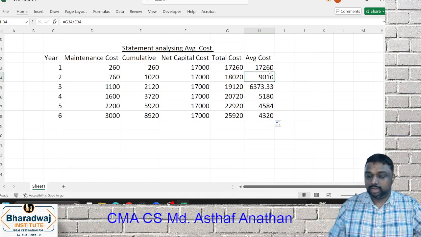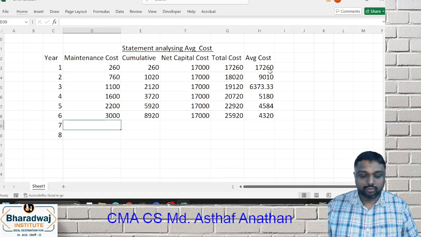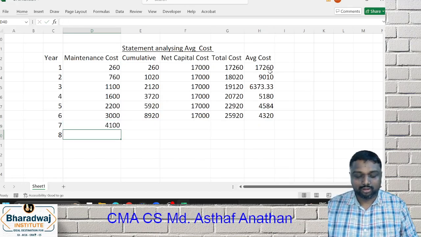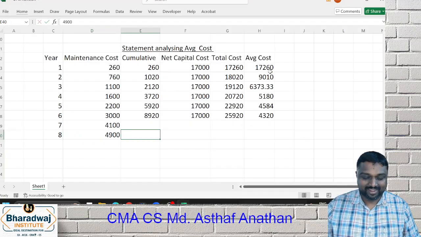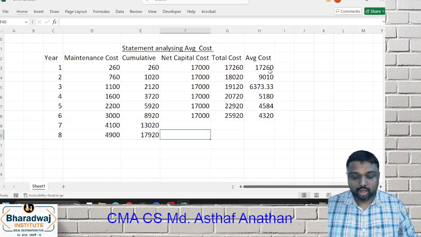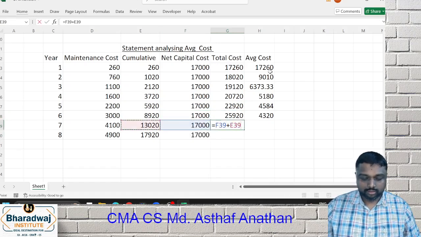See, the cost is reducing, reducing, reducing. It's not ending, that means we are unlucky. We want to do a few more years. That is how you will be able to find out whether we want to continue or not. 4,100, 4,100. Still I am reducing one item. Let's see whether we have to do the last one also. The reason is that the cost is reducing; the moment it starts increasing, it will stop. Let's see what happens right now.